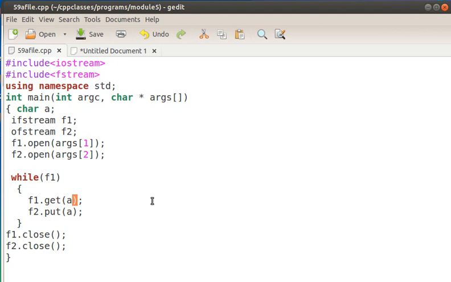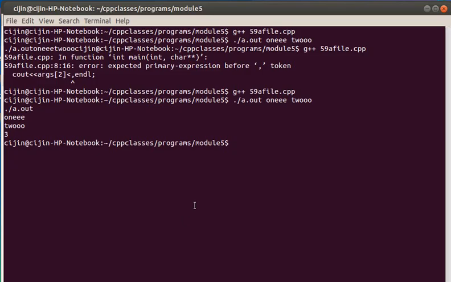Okay. So we will try to execute. So we will be executing like this: ./a.out space source name space destination name. The source file name can be anything.